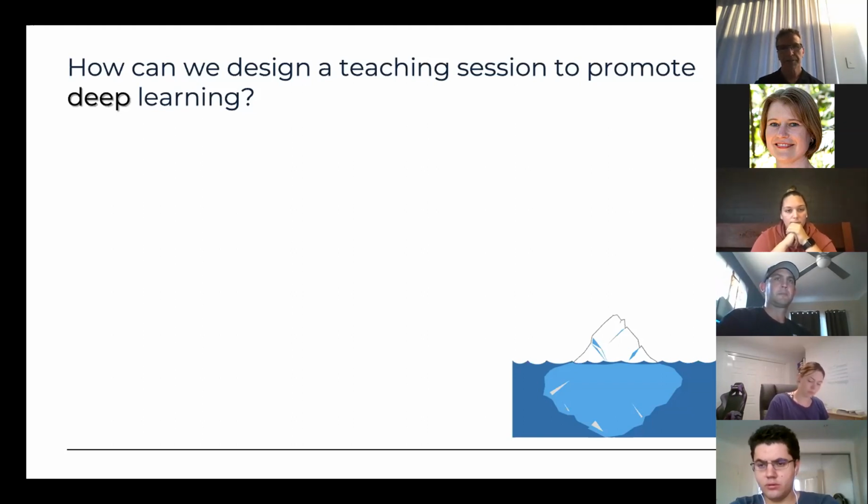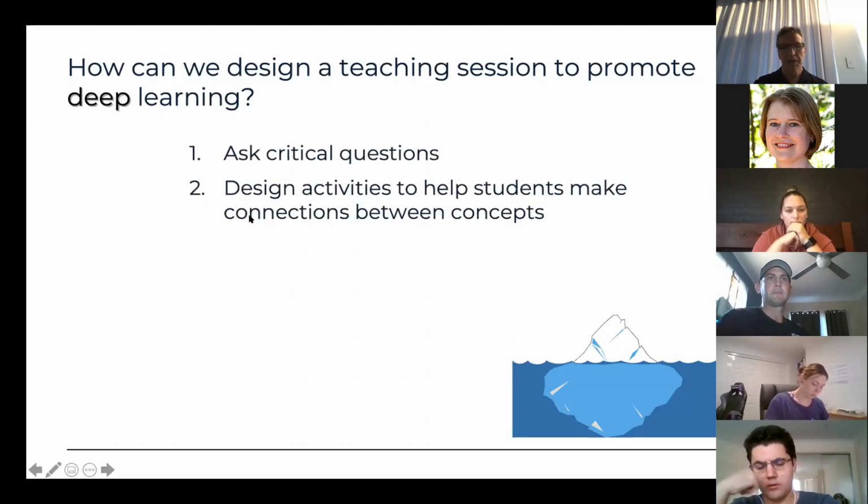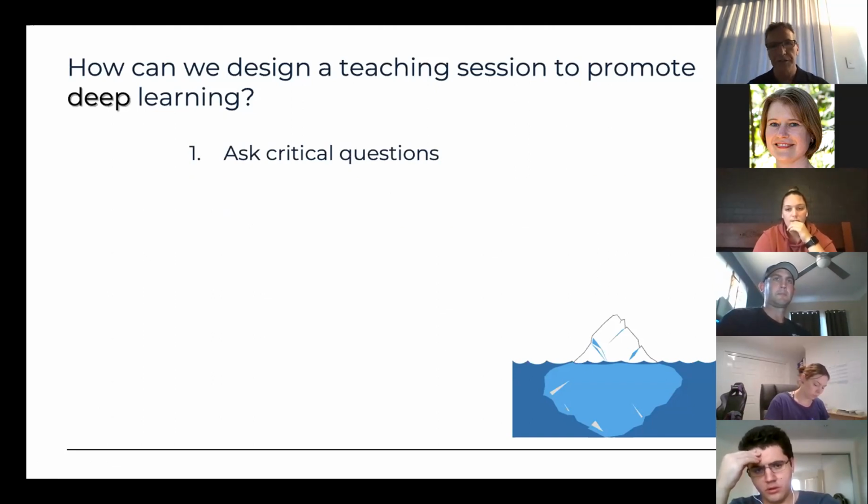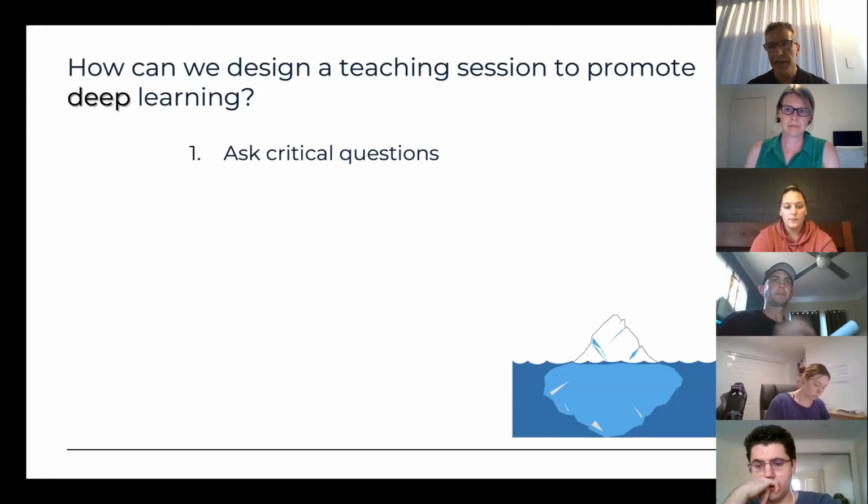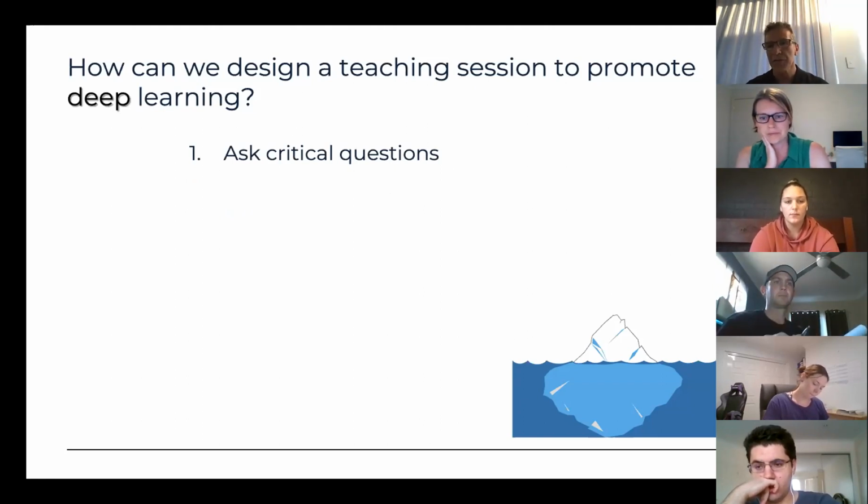Let me show you what I've put in the slides. So the first one is ask critical questions. So do ask them questions. If you wanted them to know deeply, you could ask them, why is it that you're doing that? How do you do a particular thing? So those could be in your learning outcomes, as you said. But if you ask critical questions, it means that they can't just parrot back to you the meaning of it. So the question would be not what does it mean, but how do you do something? Yeah.